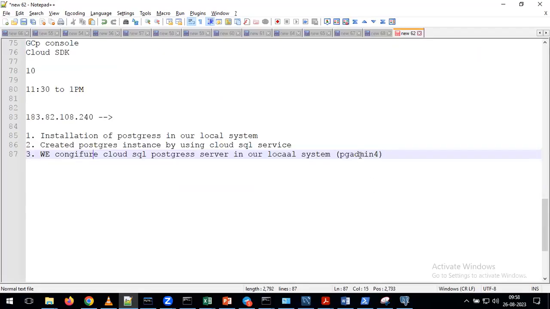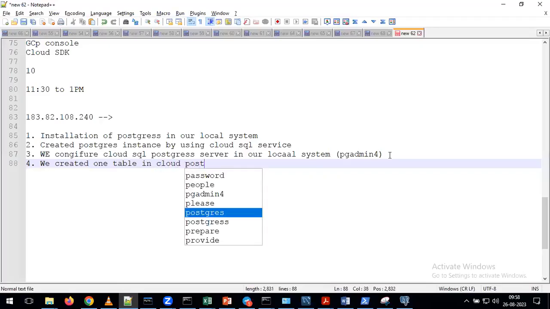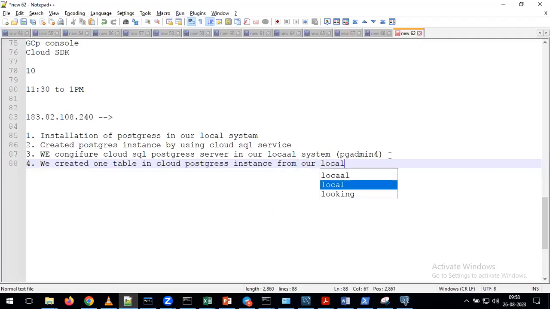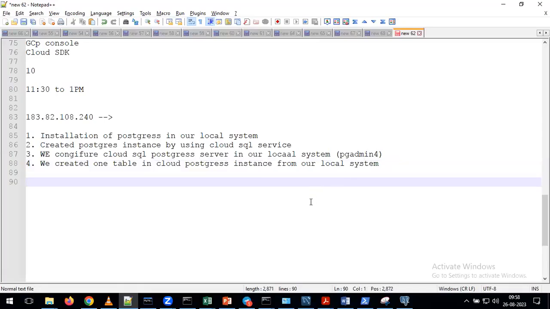After that, we created one table in the cloud Postgres instance from our local system. These are the four activities we completed so far.